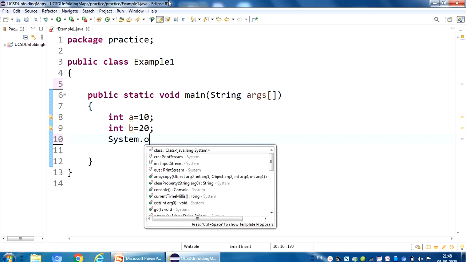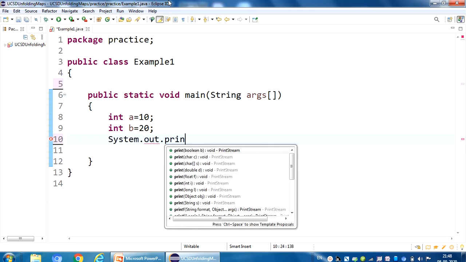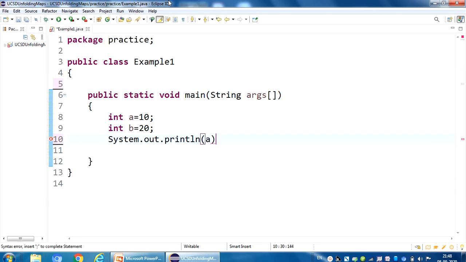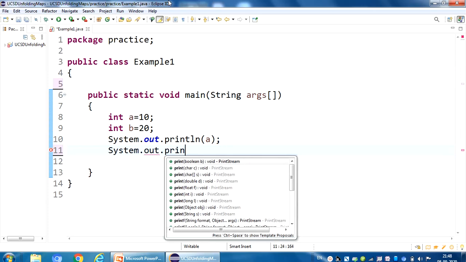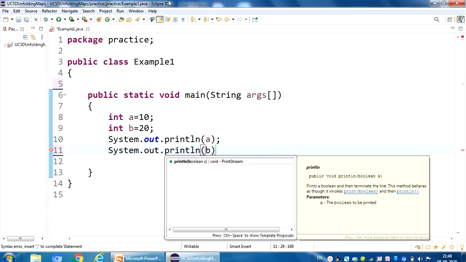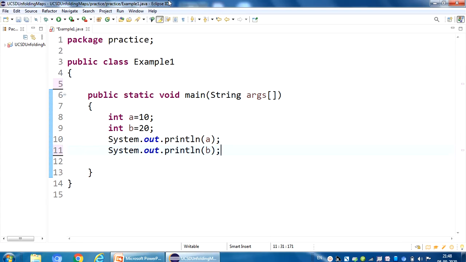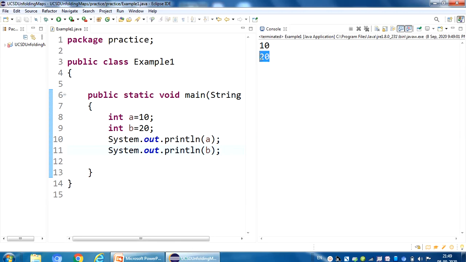System.out.println(a). System.out.println(b). Now I am going to run the code. These are the two local variables and the output is 10 and 20.